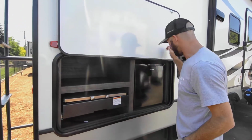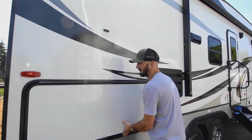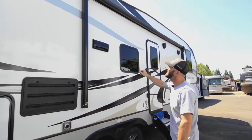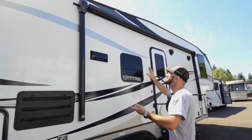And then just some more storage up there as well. It makes for a really nice area being out here and doing your cooking. There's our refrigerator exhaust, powered awning here, maybe about 16 feet or so. It does have that LED strip right underneath it, so it may not look like much when it's not on,